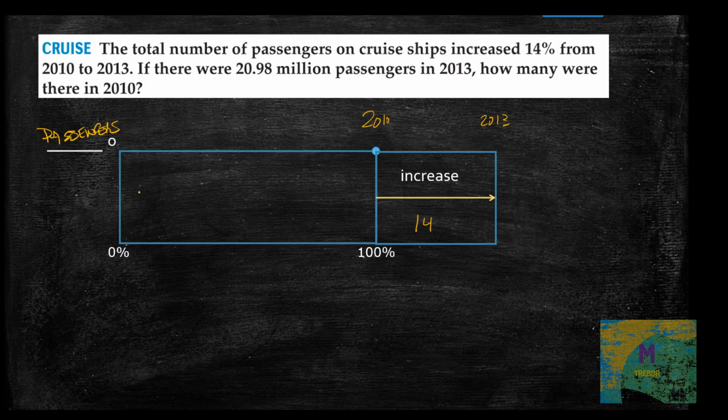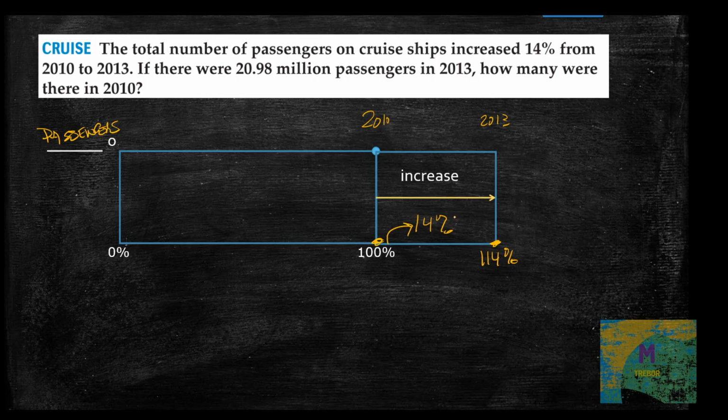This is passengers, that's our quantity. And it's a 14% increase. Don't forget to put the percent sign. Now, if I add these together, 100 plus its increase, that's 114%. So right off the bat, I have two numbers. I need three, so I need one more number to put in this model to be able to generate that